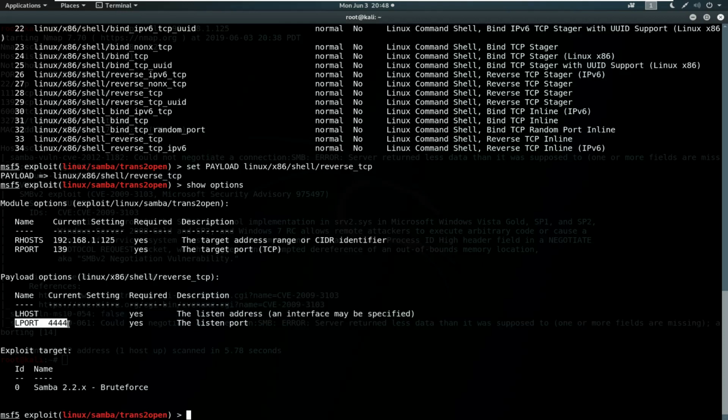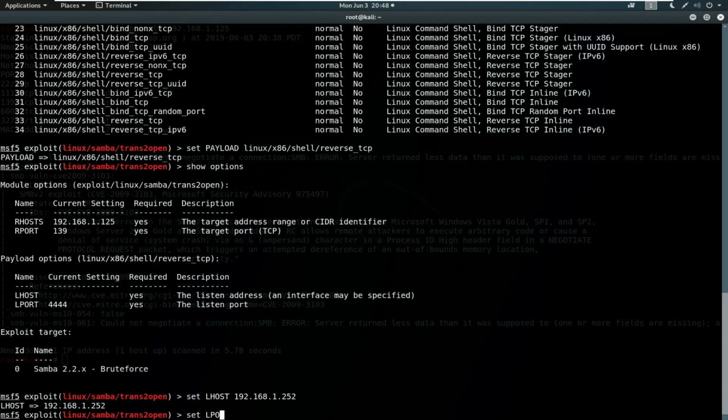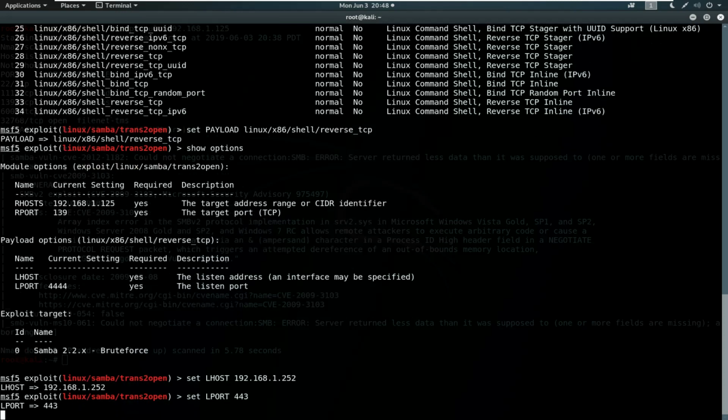The port is by default 444. So I will set this one, set LHOST to my host 192.168.1.252 and set LPORT 443